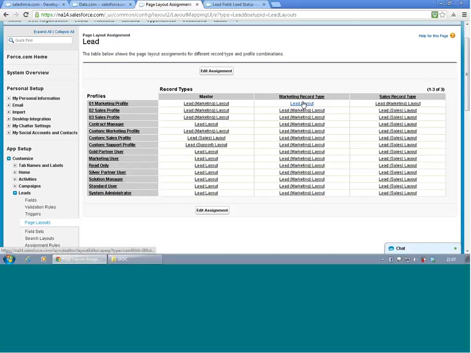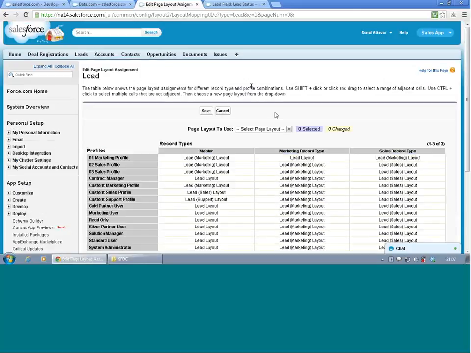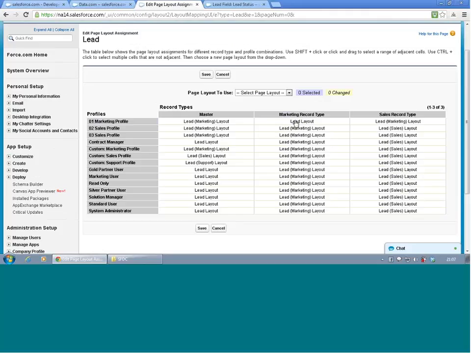Edit the assignment. Yeah, edit assignment and go to that. Select that one. No, previously select a layout. Which layout do you want to change? There is a pick list, page layout to use. Yeah, and select the lead marketing layout. First one. And it's automatically changed. Now if you save it,